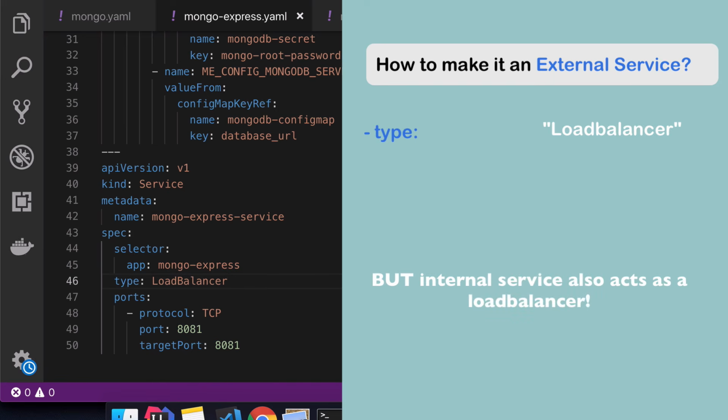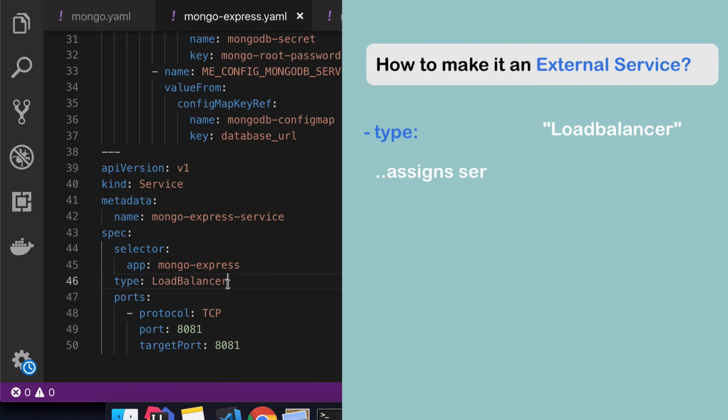So if I had two MongoDB pods, the internal service would also load balance the requests coming to these pods. So I think the load balancer type name was chosen not very well because it could be confusing. But what this type load balancer does basically is it accepts external requests by assigning the service an external IP